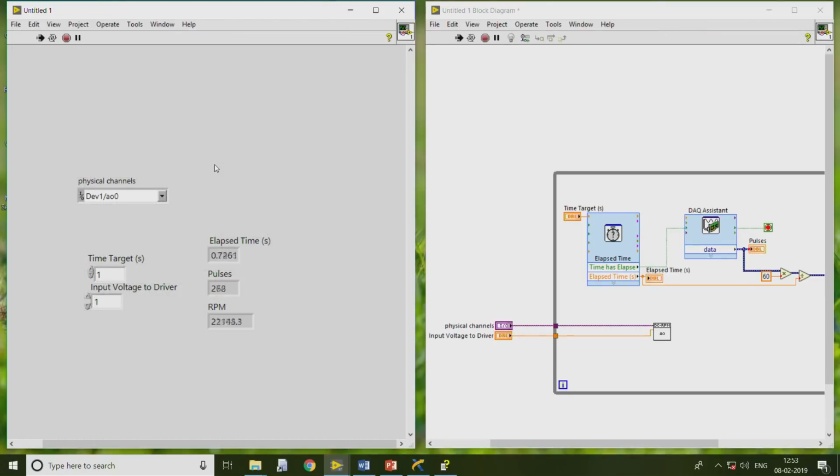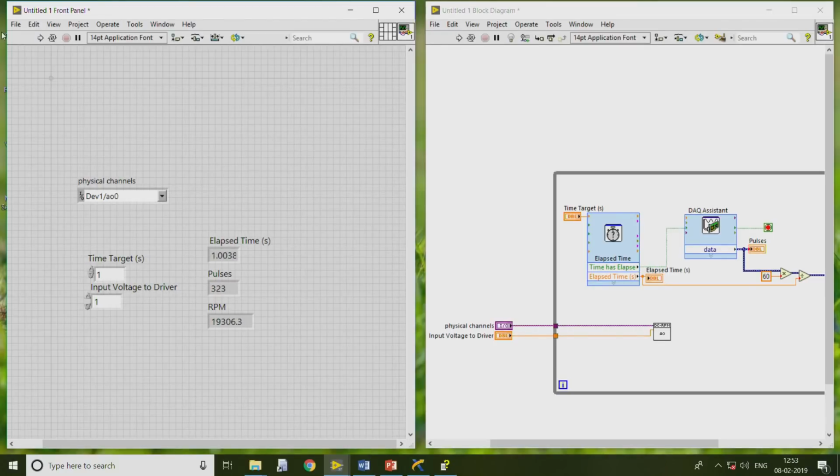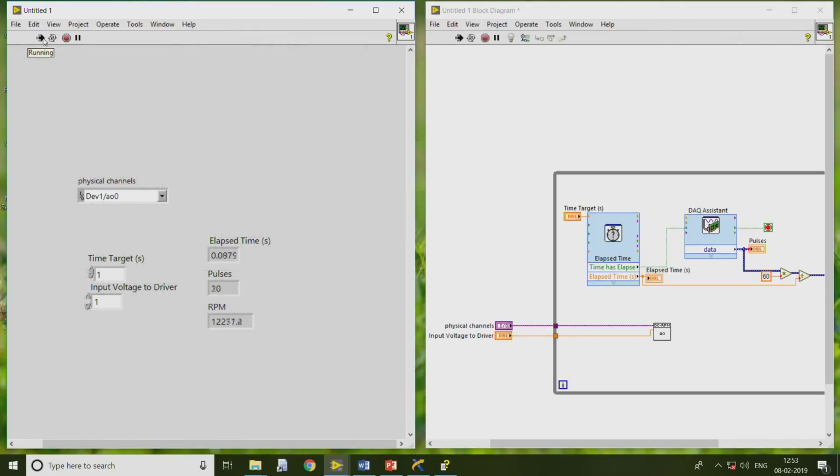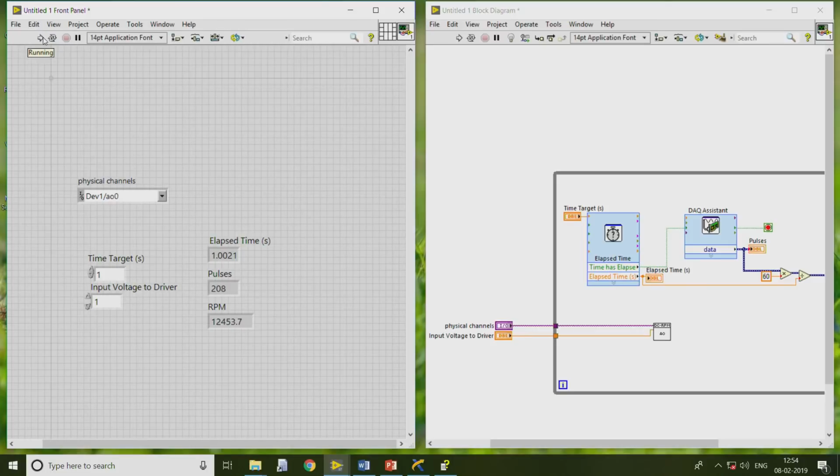Now we can see that repeatedly, even if we keep on running it, it is giving somewhere around 212, 213 pulses.